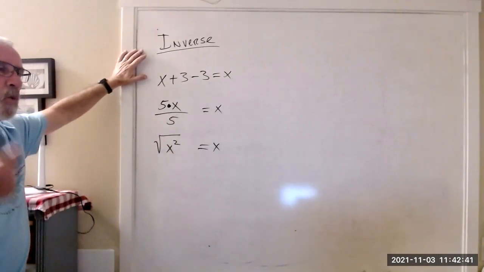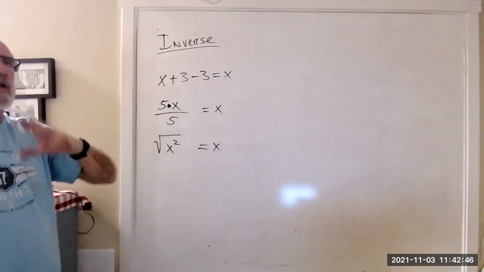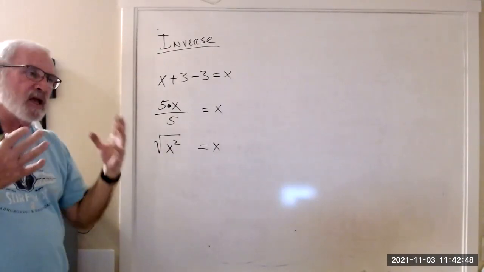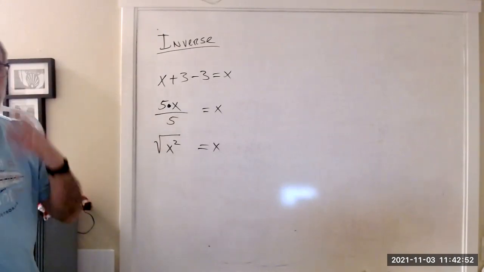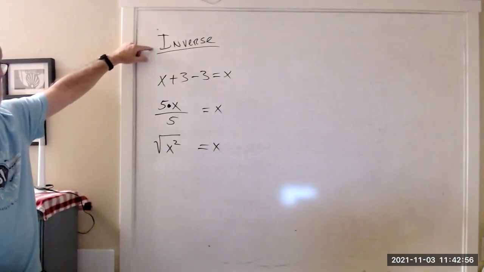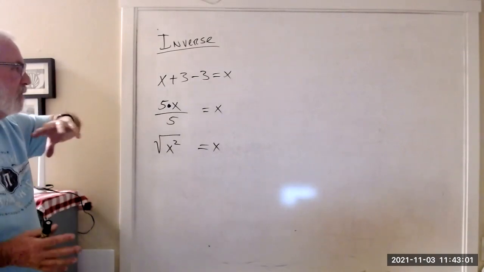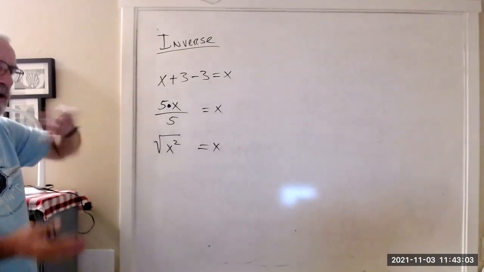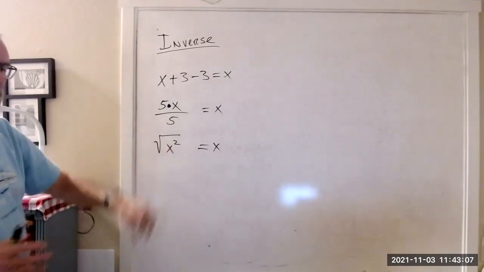Mathematicians want everything that changes X to be reversible. Can I change it back? And when we find those, we call that the inverse, the inverse of each other. Addition and subtraction are inverses of each other. Multiplication and division are inverses of each other. Square rooting and squaring are inverses. So